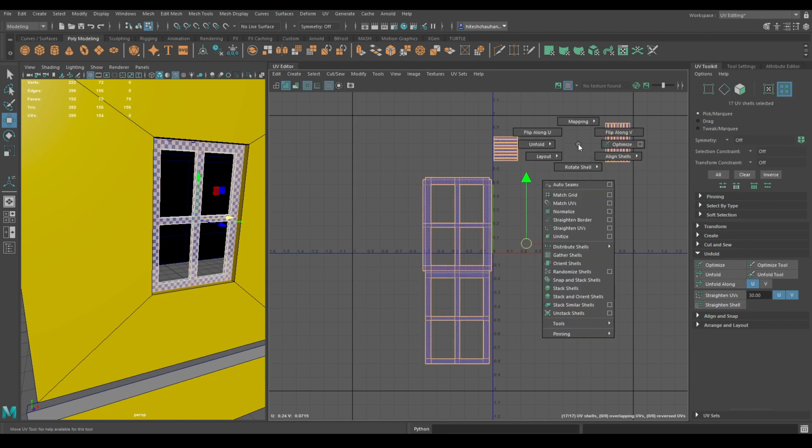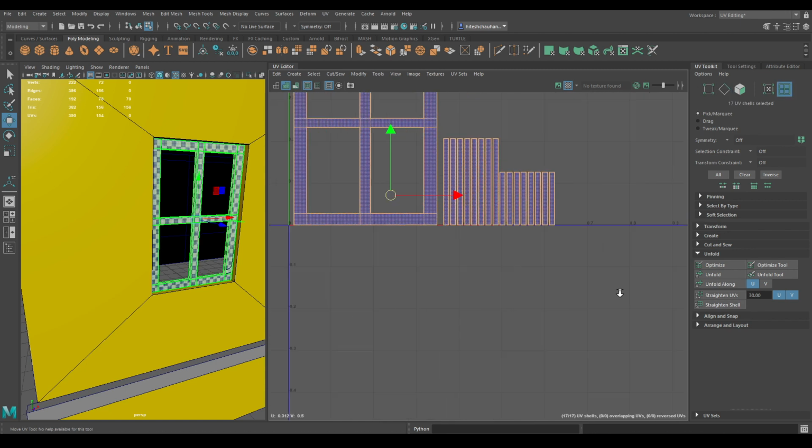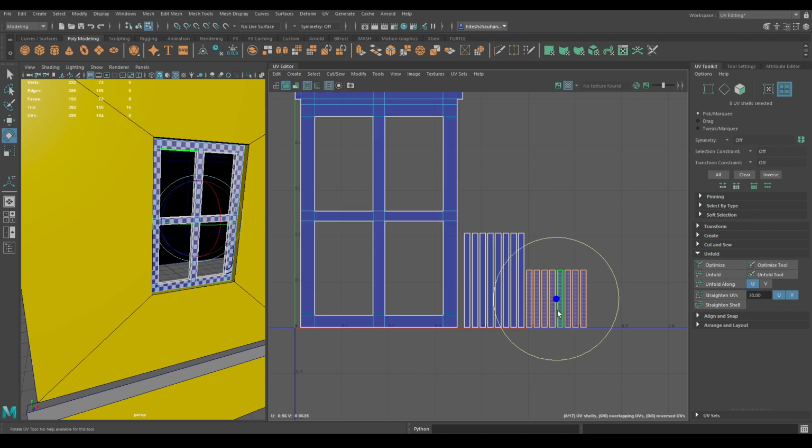Go to UV shell, select all of them and then layout. Also select these shells and rotate them like this.